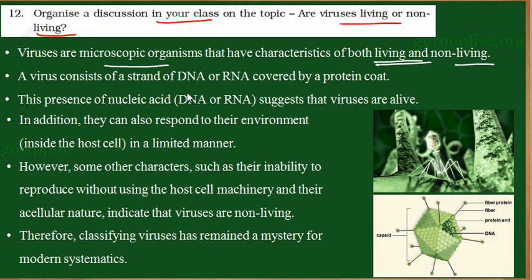So a virus consists of DNA or RNA. They have a genetic material which can either be DNA or RNA, and it is covered by a protein coat. Here we can see they have a genetic material, and this genetic material is covered by a protein unit or the protein coat, which is called capsid. Similarly, here also in the bacteriophage, this brown structure is the genetic material and this whole thing is the protein coat. So a virus consists of genetic material, either DNA or RNA, which is covered by the protein coat.